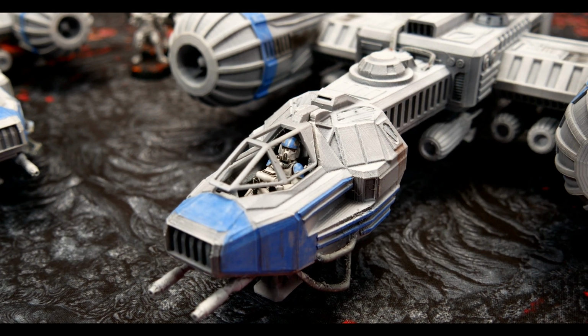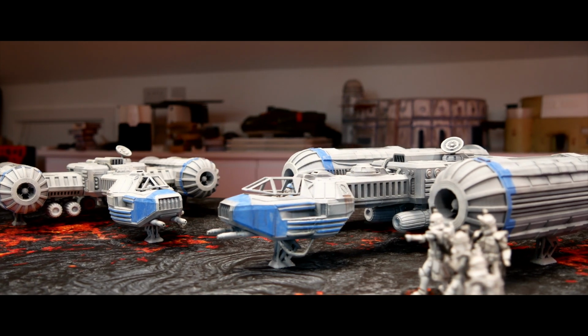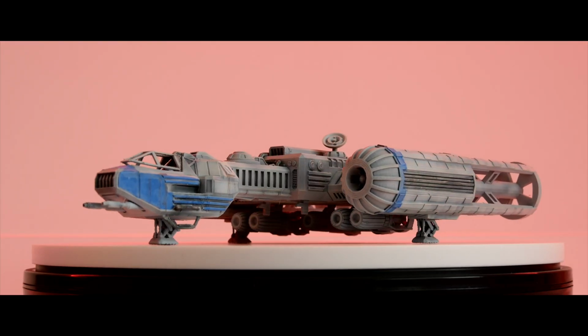So this is the Epsilon Bomber by Second Dynasty in Legion scale. Now you can get it now on their Tribes, link down below, or keep tuned to the end and I'll